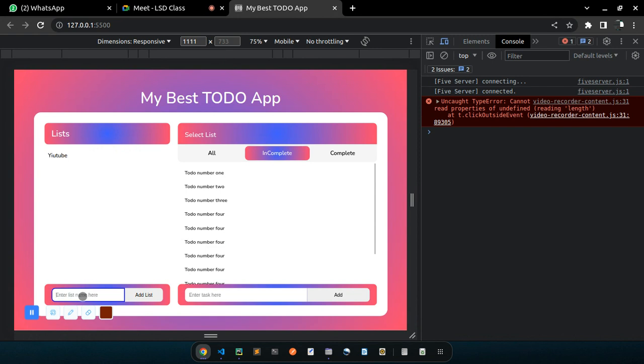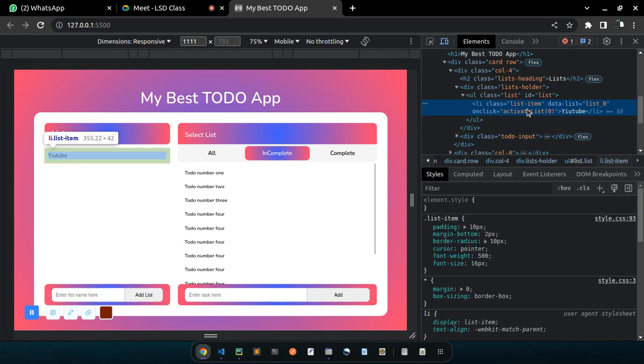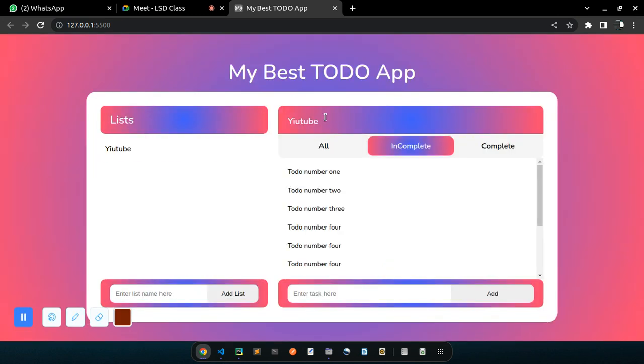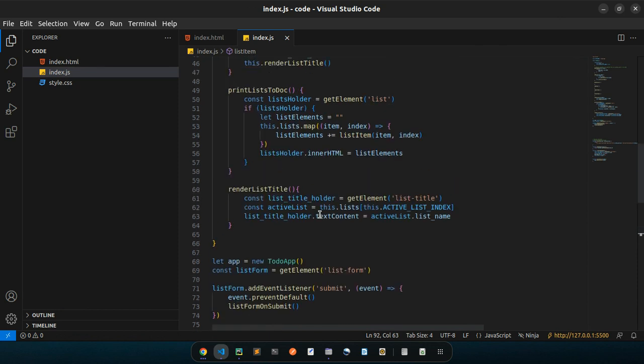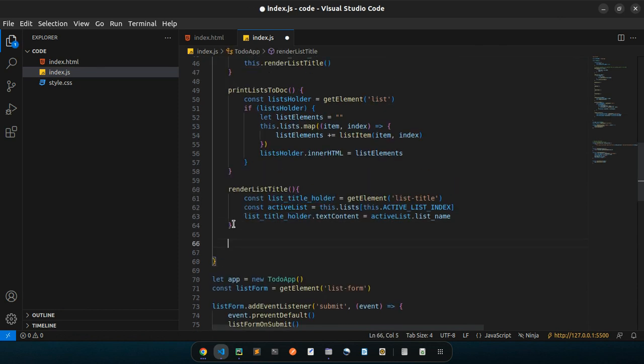If I do that and select it or see its attributes, we realize that it has another attribute here called data-list equals list_0. Then we can say exactly, oh, this is list zero. If it has been clicked, then we can read this attribute and activate the list item. Currently, you can't really tell whether it has been activated. So the moment we do that, then we do another method here,